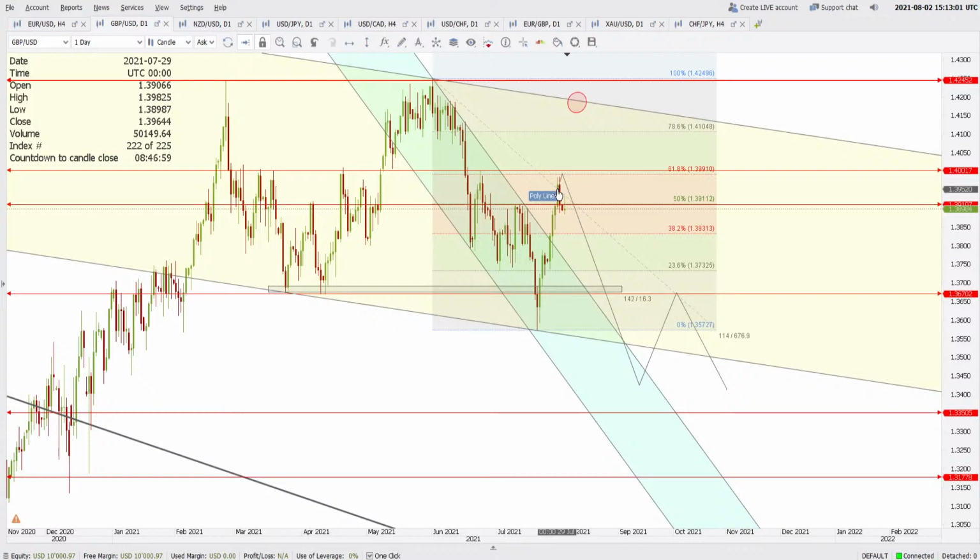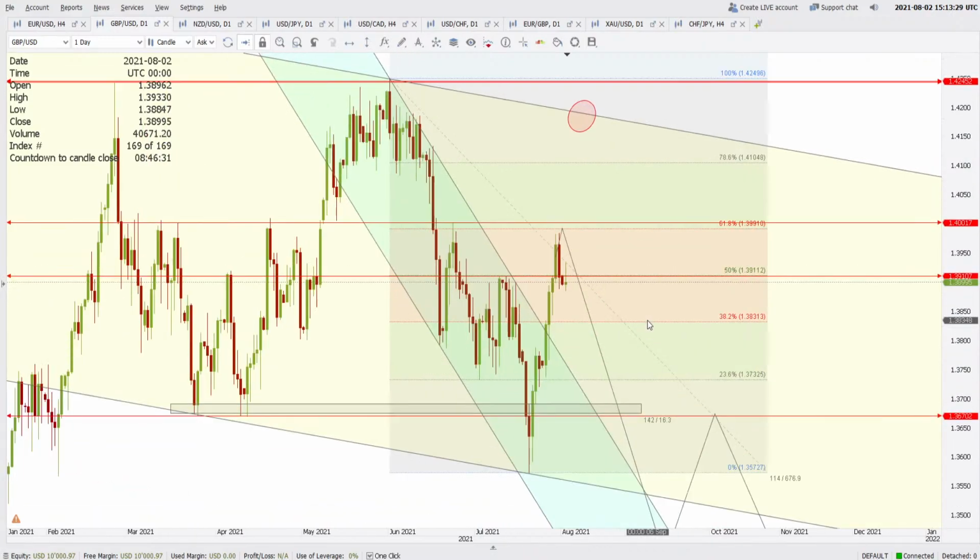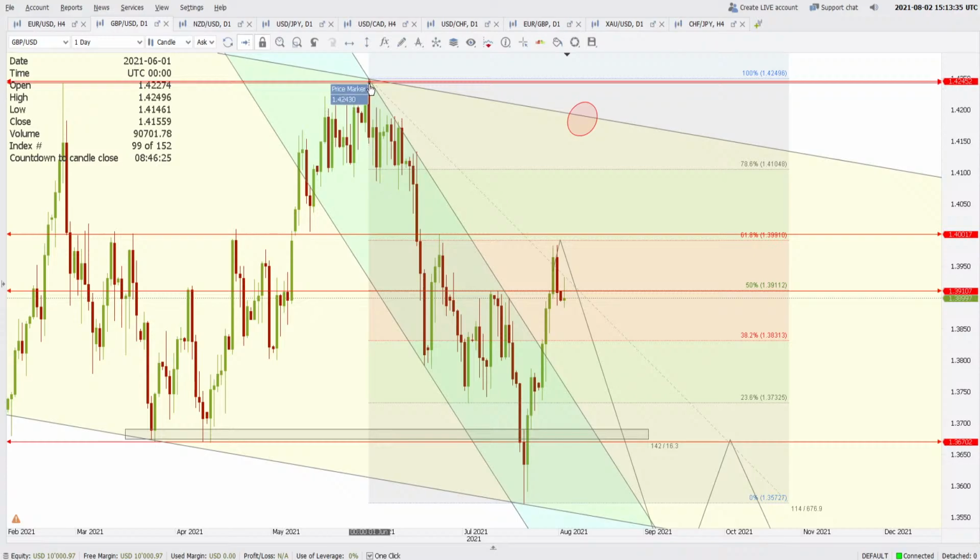But to establish this place as the lower high, we have to make a lower low than the 1.3572 level this year. Till the time this is not broken to the downside, we will not be sure whether this was a lower high or not. All right, but it seems like it is already established. Otherwise the price has to go and close higher than 1.4243